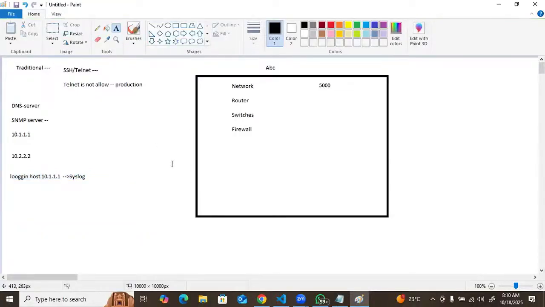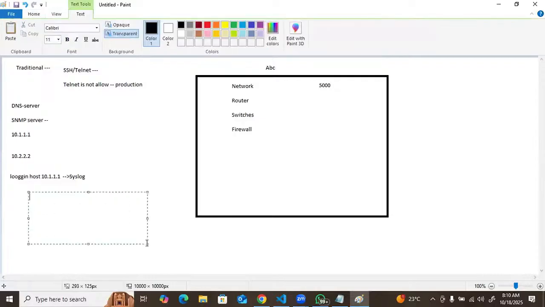So what we can do is interact with network devices using automation tools. We can prepare a script, and using that script we can interact with these devices. We have Python, Ansible, shell scripting, or bash scripting. Using any of them we can interact with the devices.